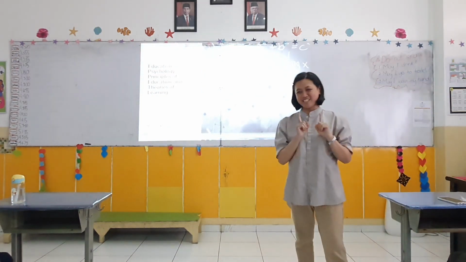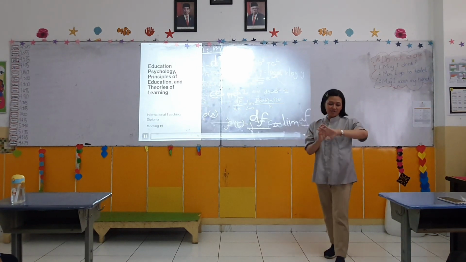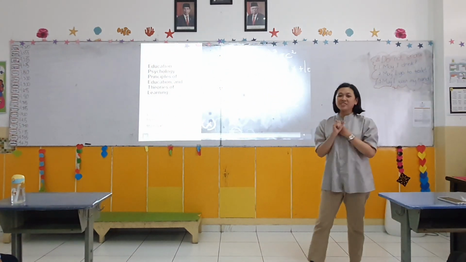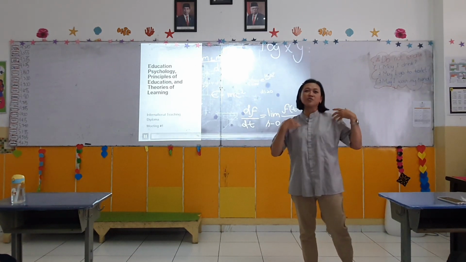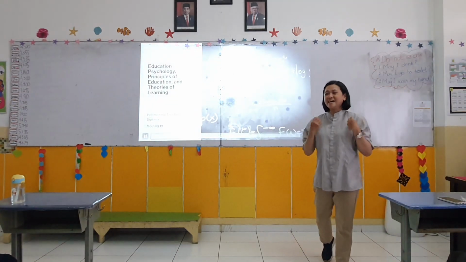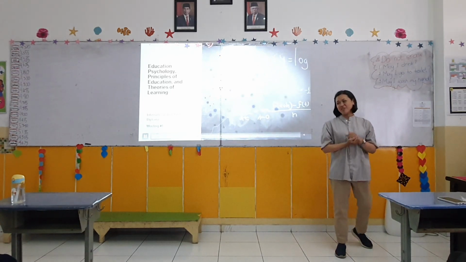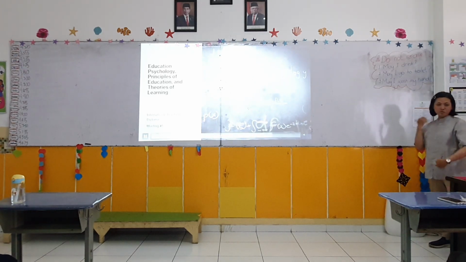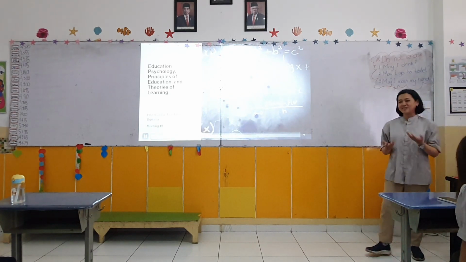2 truths and 1 lie. It's going to be our ice breaking today. Is 3 minutes enough? 2 things that are true about you and 1 thing that is wrong about you. Later, it's up to you whether you want to share the right thing or the wrong thing. The job of everyone in the class is to guess whether it is true or not. We'll see how well you know your friends. I give you 3 minutes. You can write it with your cell phone or on a piece of paper, or just keep it at the back of your mind.